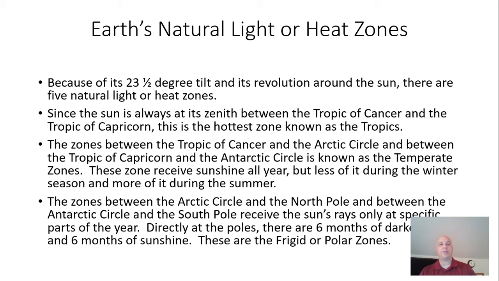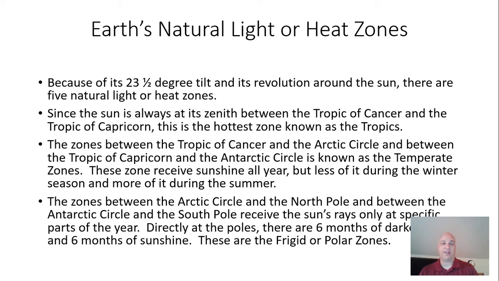Now, the zones between the Tropic of Cancer at 23.5 degrees north latitude and the Arctic Circle, 66.5 degrees north latitude, and between the Tropic of Capricorn in the southern hemisphere at 23.5 degrees south latitude and the Antarctic Circle, 66.5 degrees south latitude, this is known as the temperate zones. These zones receive sunshine all throughout the year, but less of it during the winter season and more of it